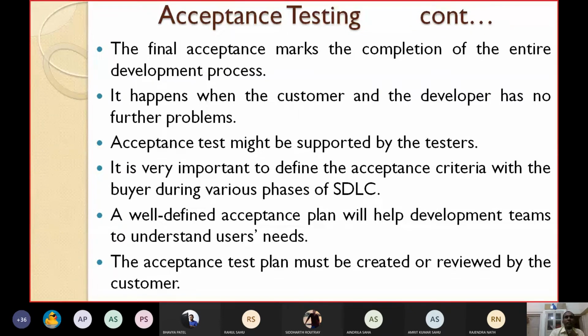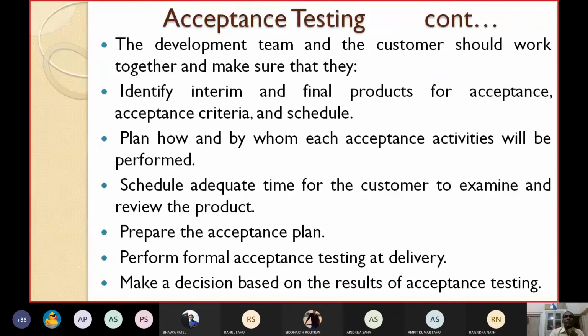The development team and the customer should work together during acceptance testing and make sure that they have properly identified all the interim products and the final products for acceptance. What should be the acceptance criteria? What should be the schedule? All should be agreed by the team members and the customer.